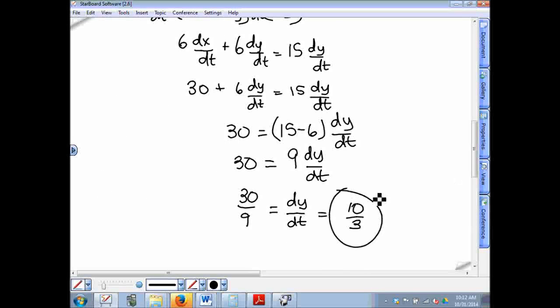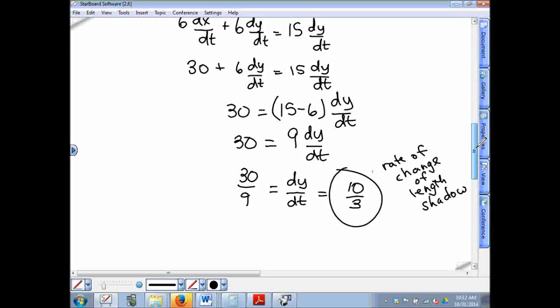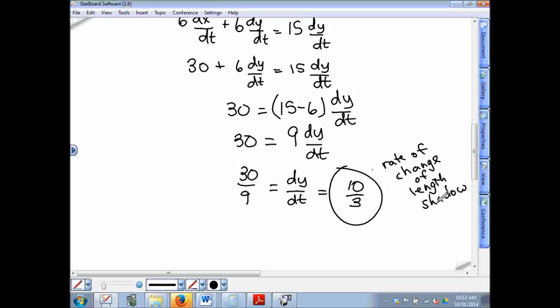This right here is the rate of change of the length of the shadow. But that's not the only thing affecting the rate of change of the tip of his shadow. It's how fast he's walking as well. He's walking 5 feet per second, and his shadow length is changing at 10/3 feet per second. So if you add 5 plus 10/3,